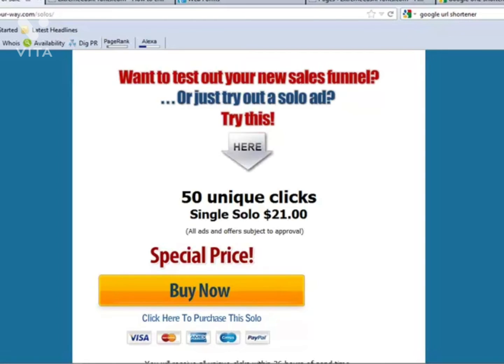Once they approve it, they will then tell you to send them your URL, and this leads us on to the next step. Don't just send them your squeeze page main URL, because this is completely pointless. We have to track all of our campaigns, so this is what I'm now going to show you how to set up. It's very simple to do. So we've purchased our first solo ad,